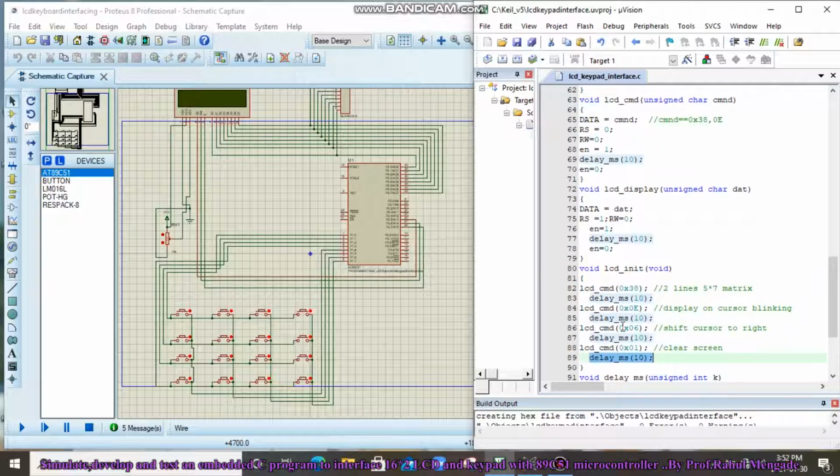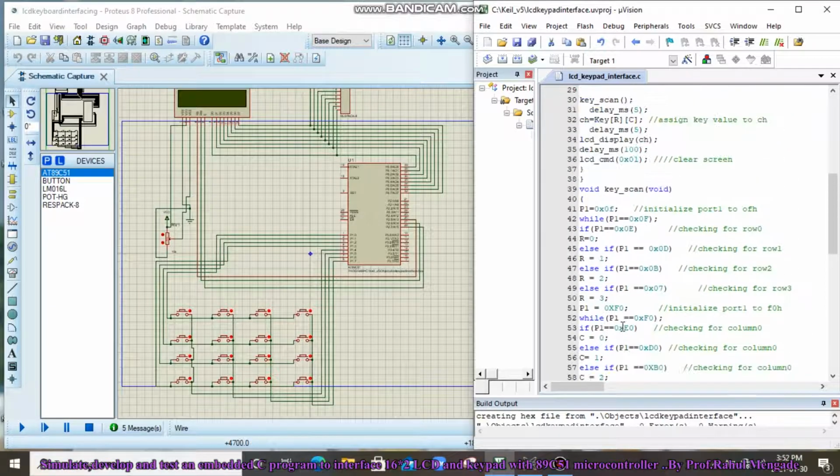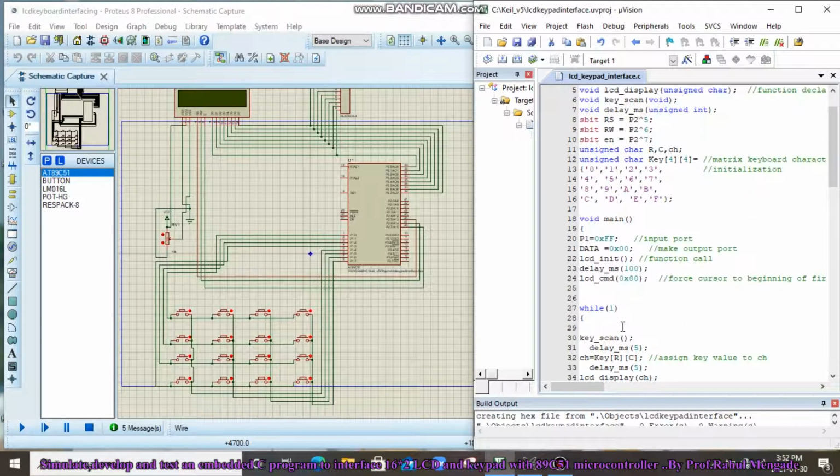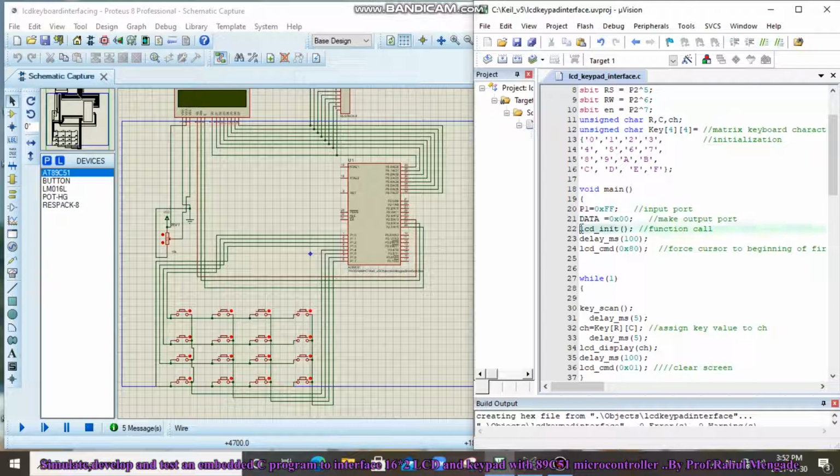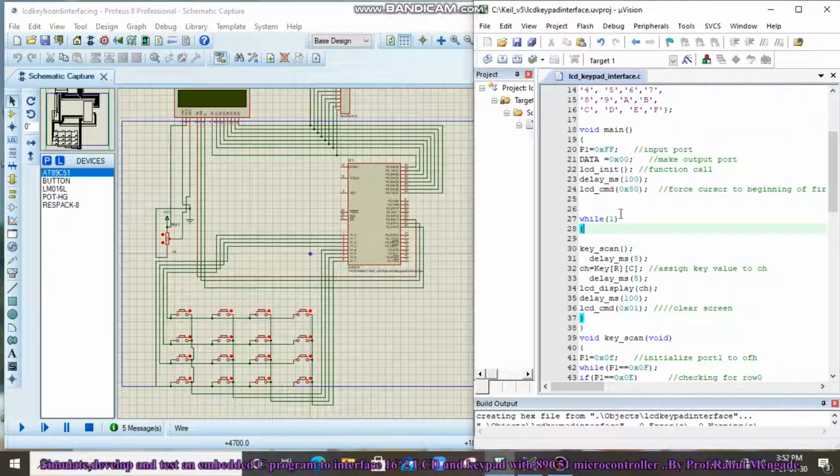And again the program will come here, that means LCD initialization is done. Again delay underscore ms 100 milliseconds is generated, and again the 80 value is passed to force the cursor to the beginning of the first line, right? For that the 80 value is passed. Then an infinite loop is used.